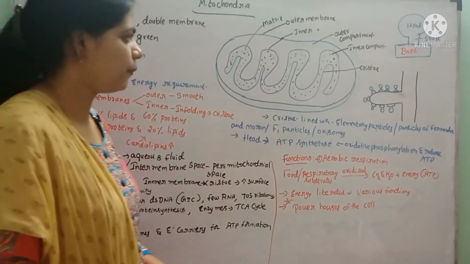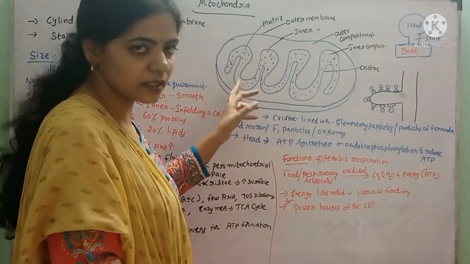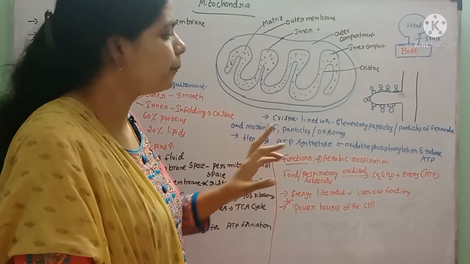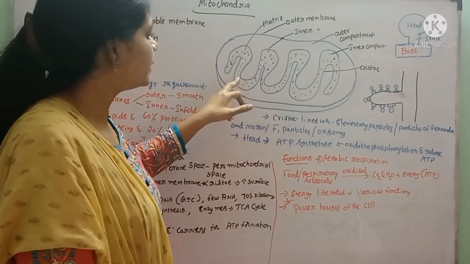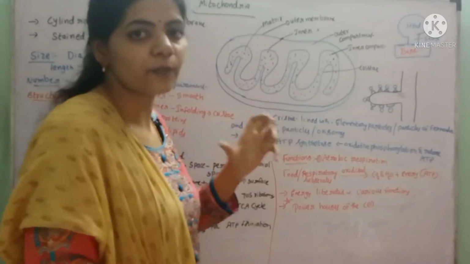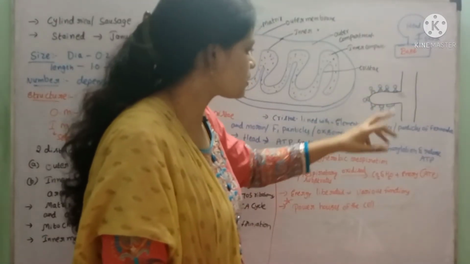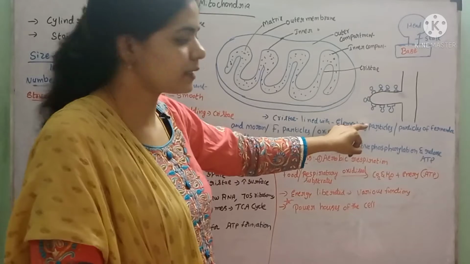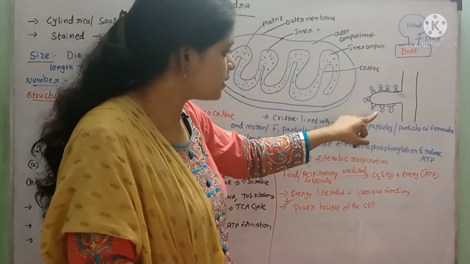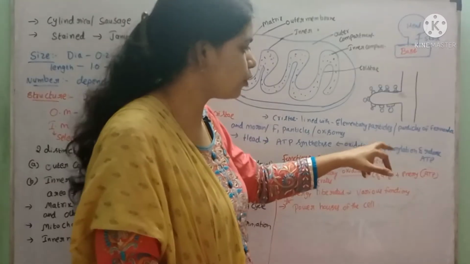for the ATP formation. And if you see the cristae, cristae are nothing but enfoldings of the inner membrane, right? Here the cristae, the inner membrane of the cristae is lined with several knob-like protuberances. Those protuberances are called elementary particles. What does the inner membrane consist of? Protuberances are seen. These are called elementary particles, or they have so many names.